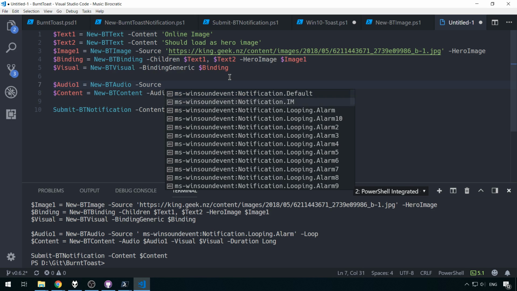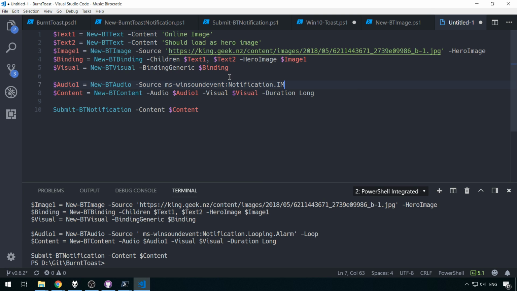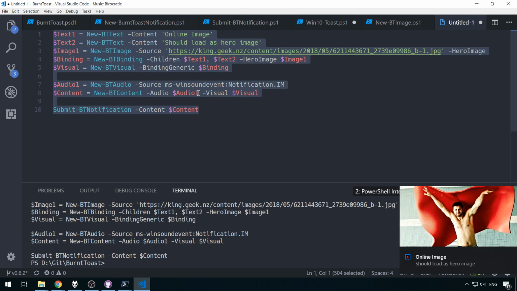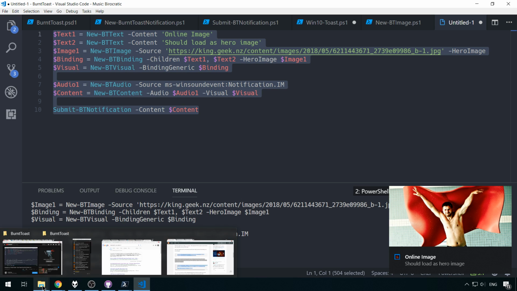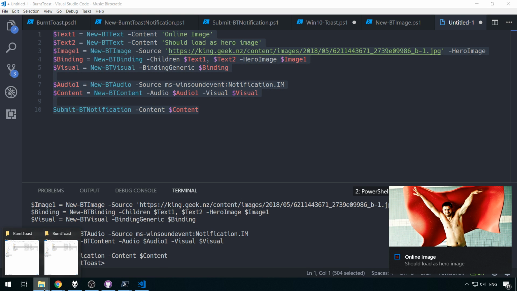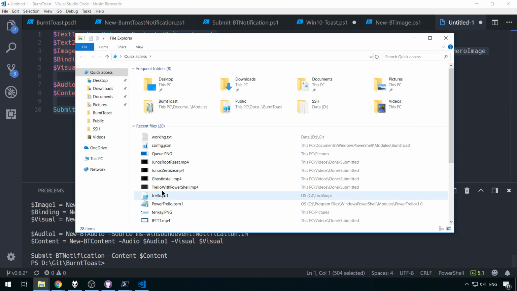The point is, let's set that to something a little nicer. The point is, that's loading our hero image, which I'm still very happy with, that picture that we used for that. And if I look in the temp folder that I've closed already,